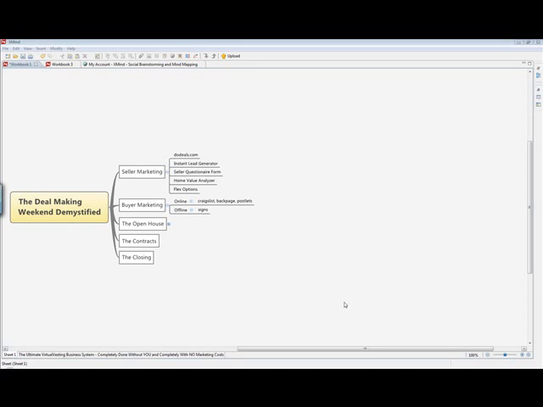What I used to do, and I haven't been doing this for a while and probably need to do it again, was I had these signs printed where on one side it has a for sale sign, and on the other side of the sign, it says We Buy Houses.